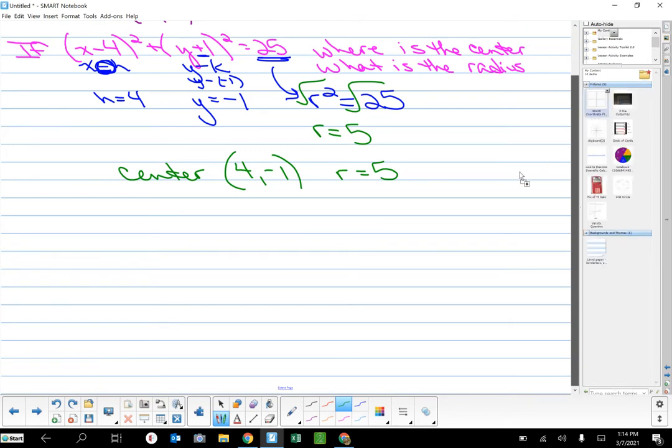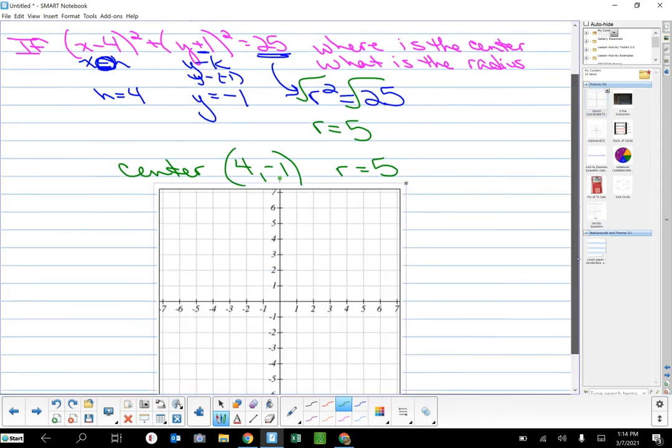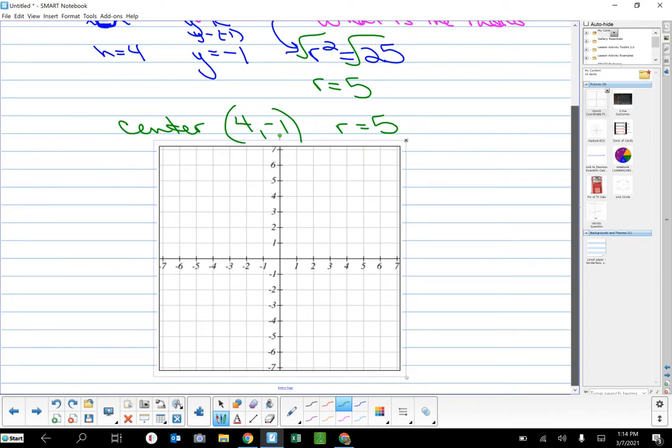We'll just plop this graph right in here. It might be a little big, but it'll do the trick. All right, so when you graph one of these, you want to start with the center. So I'm going to plot the center at 4, negative 1. That will go here. And then your radius is the distance from the center to the edge of the circle,